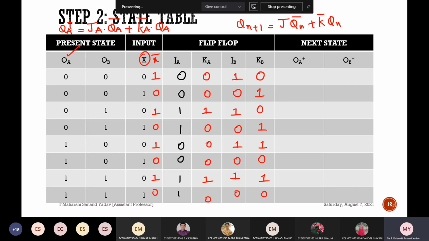This topic is a bit complex, so that's the reason I'm going very slowly. Mealy and Moore are very important, followed by the synthesis and analysis parts. And one more complex unit is unit number 4. If you don't understand this topic, it is a waste of reading unit number 4 also. So be careful. Someone please solve and tell me the answers for QA plus followed by QB plus.